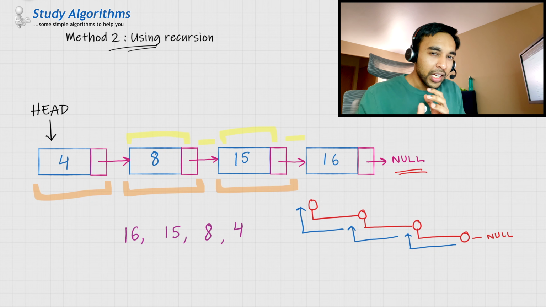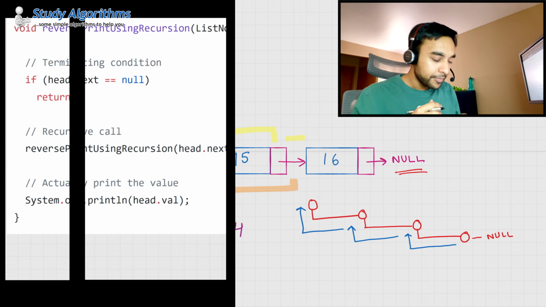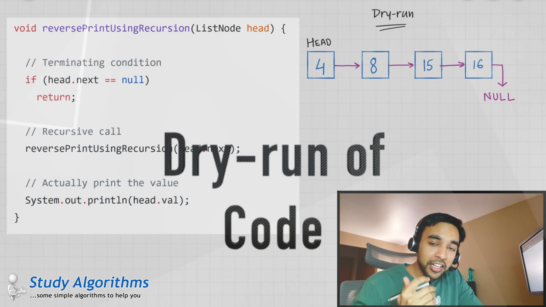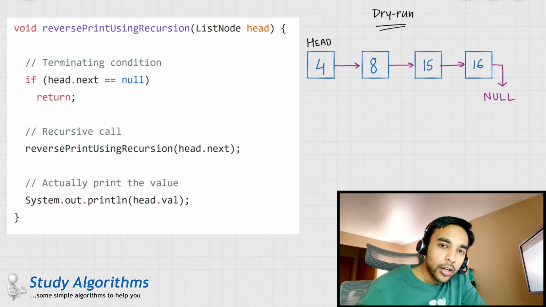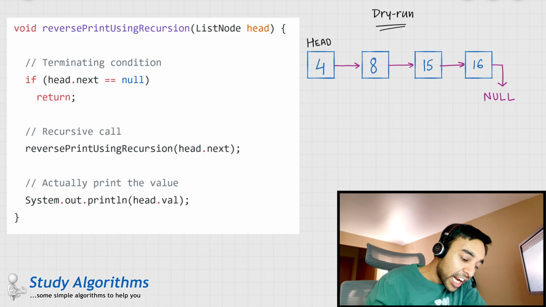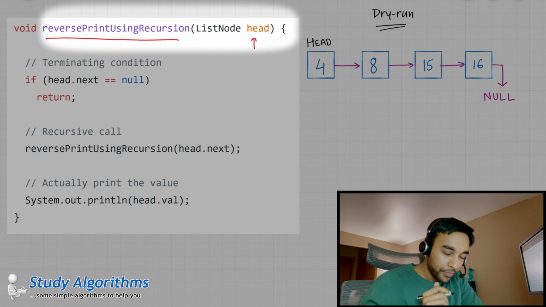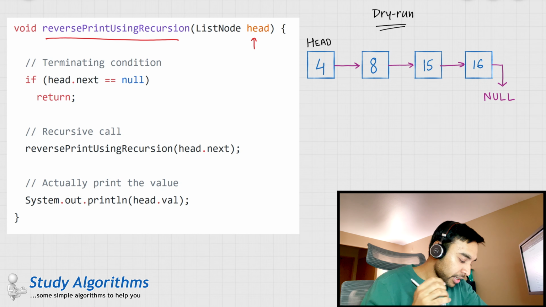I know this could be a little bit confusing for you. So let us try to look at the code quickly. Yes, that is all the code you need to print the list in reverse order using recursion. What do you do over here? On the right, you have a sample list in which your head is pointing at 4, right? So this will be passed in as an input parameter to the function reverse print using recursion. Let us now move step by step.